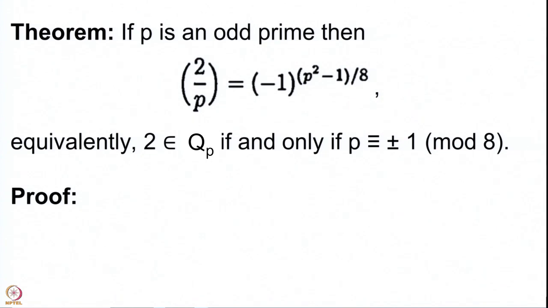So, for instance, if you were to take p equal to 31, then we know that 31 is congruent to -1 modulo 8, because once you divide by 8, 8 times 3 is 24 and 7 is left, or 8 times 4 is 32, and therefore you have -1. Then by this result 2 has to be a quadratic residue. So this way we can reduce our computations further once we prove this result. The proof of this result is also quite nice, so I request you to pay close attention to this proof. The proof is given in the following way.